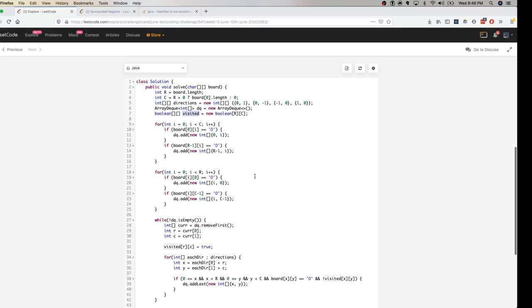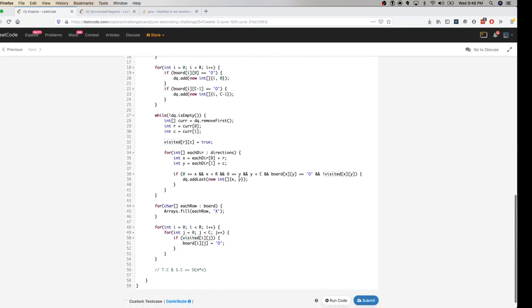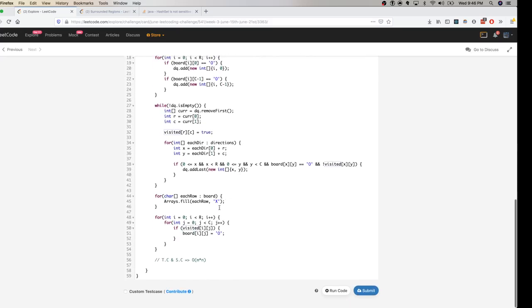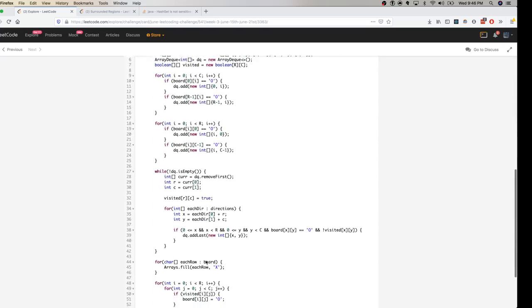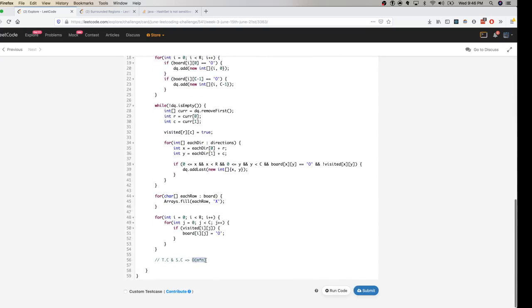But since it's the normal BFS pattern, and it is something which is very basic, I'm going to leave the solution and not optimize it more. But as you can see, the time complexity is still minimal, which is big O of m into n. Okay, so with this I end this video, and see you guys in the next video of the daily challenge.